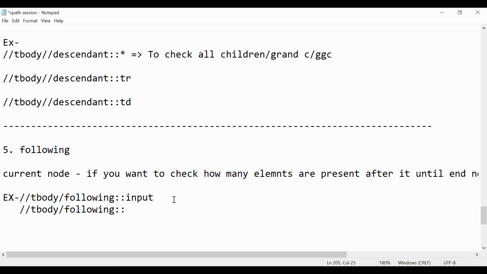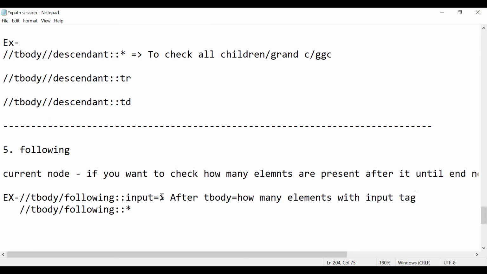Okay, so after tbody, how many elements with input?